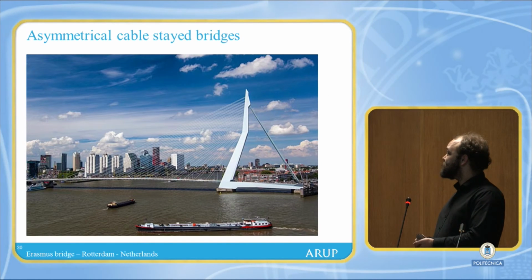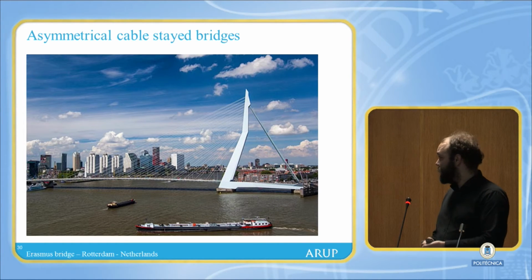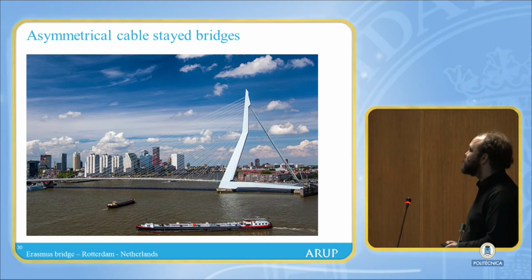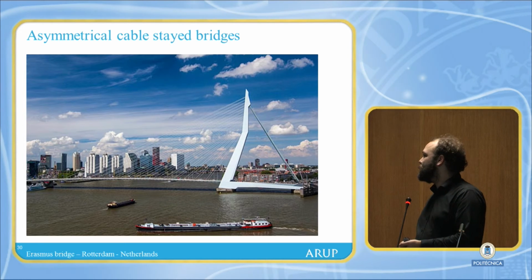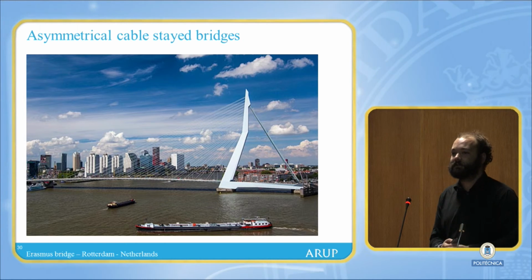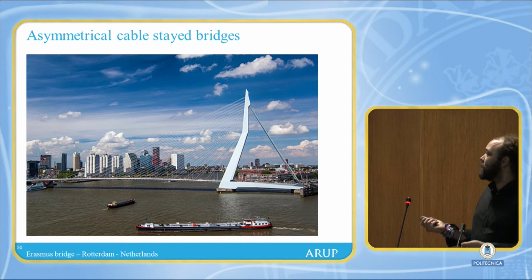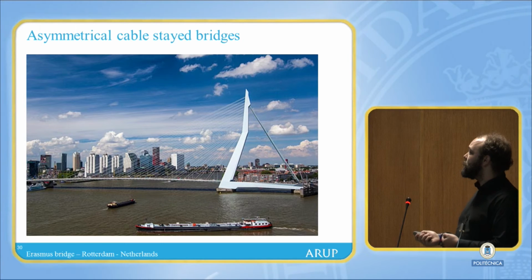This is an asymmetrical cable stay bridge, the Erasmusbrug in Rotterdam, near the port. I quite like the bridge. I'm not really a big fan of the city, but that's a different story. But it's really nice, and it's gotten a lot of fame for its shape. But the shape itself is not decided by the architect. It's a technical solution. The architect preferred a straight pylon at this time, and the hangers more in a harp